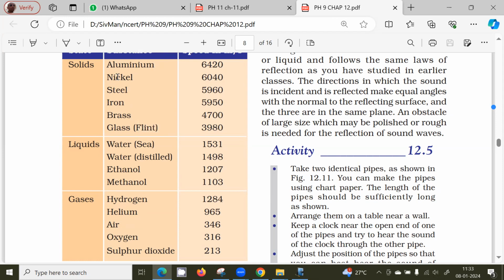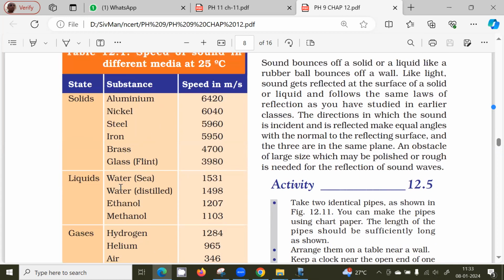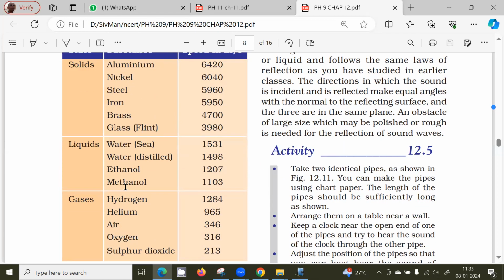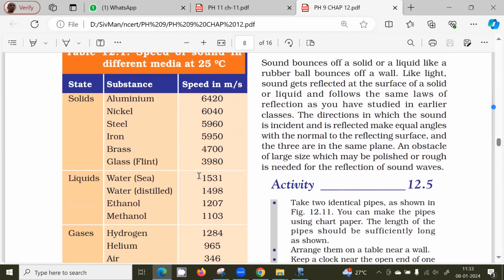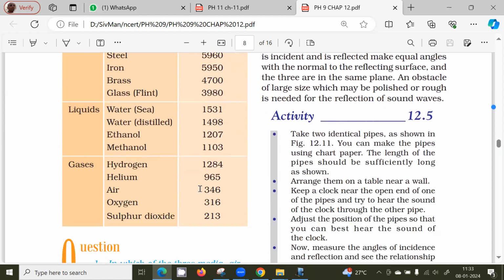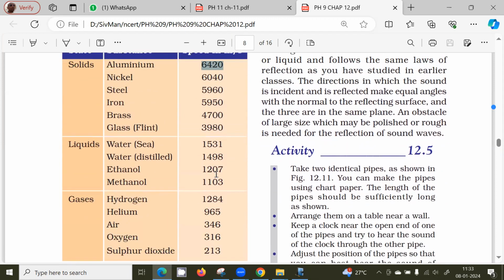Okay. A solid cannot move, it is a rigid thing, right? It will not take the shape of the container. It's rigid compared to liquid. But in this chapter, we are studying the sound property. The speed of sound will be more in the solid compared to gas, and liquids in between.